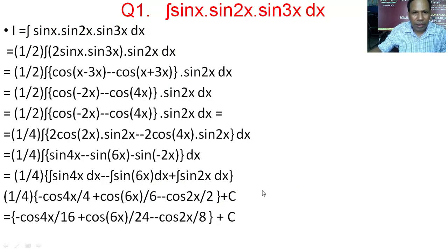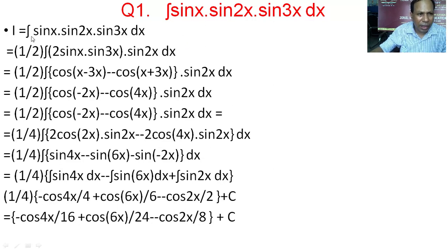Now we will solve some of the problems on trigonometric identities, and after that some of the problems on integration using substitution. As I have already told you, if the given integral is in product form, a product of some functions, then we have to express that product in terms of sum or difference, so that it becomes easier to integrate the function using term by term integration.